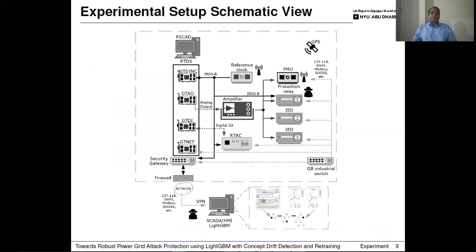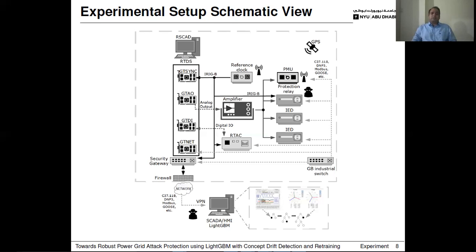Here you can see our experimental setup schematic view. We have used RTDS hardware, which is running a 9-bus simulation system developed with the help of RSCAD software. The RTDS used different types of cards like GTSync, GTAO, GTDI, and GTNet, which are useful for getting the signals from the RTDS machine. We have implemented simulated PMUs. We have used a hardware amplifier and relays for protection in overcurrent and voltage. In our setup, we have performed monitoring local as well as remote. For the remote monitoring connection, we have developed a VPN connection. On the remote server, we have used monitoring software like synchrophasor protocol software and machine learning techniques to